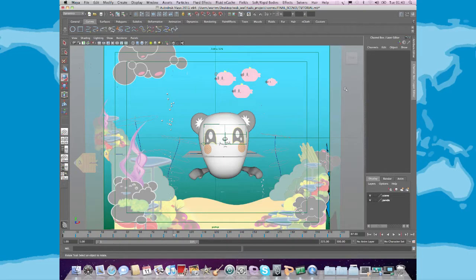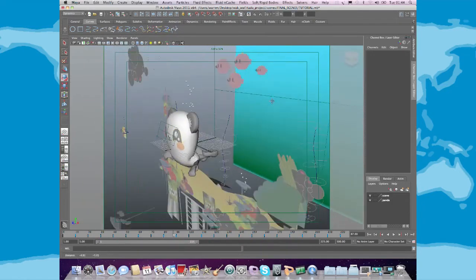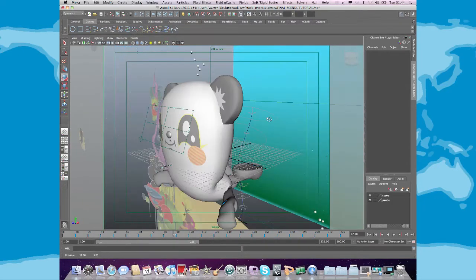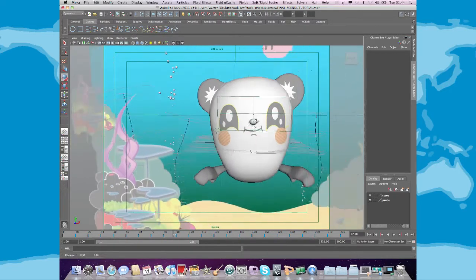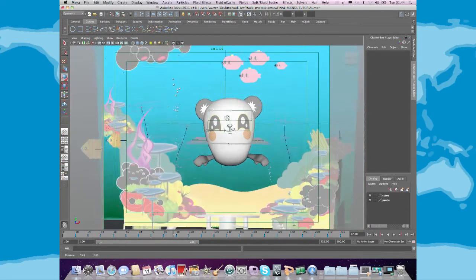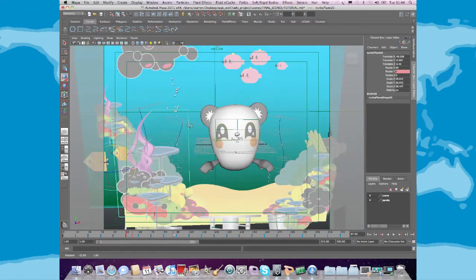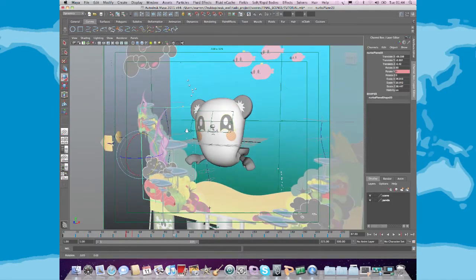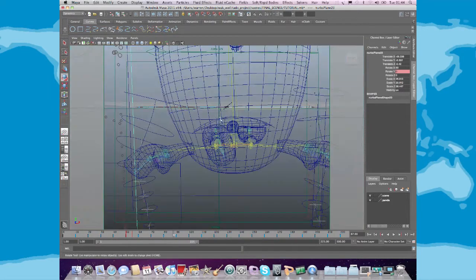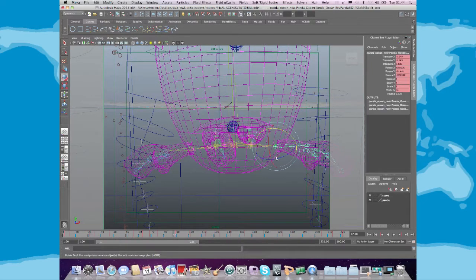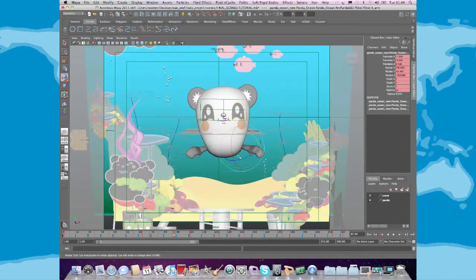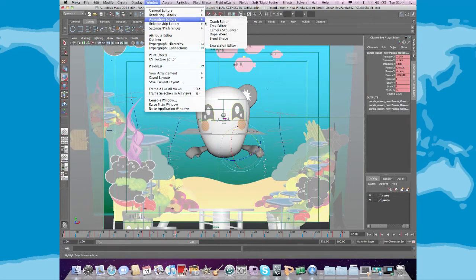So I'm going to look at tweaking the animation and other elements of it. Once we've blocked out a scene, for this particular one, we actually refine the animation curves. Any node or object which has been keyframed will have animation curves to it. If we take a look at the joint of the panda, for instance, and we just look at the graph